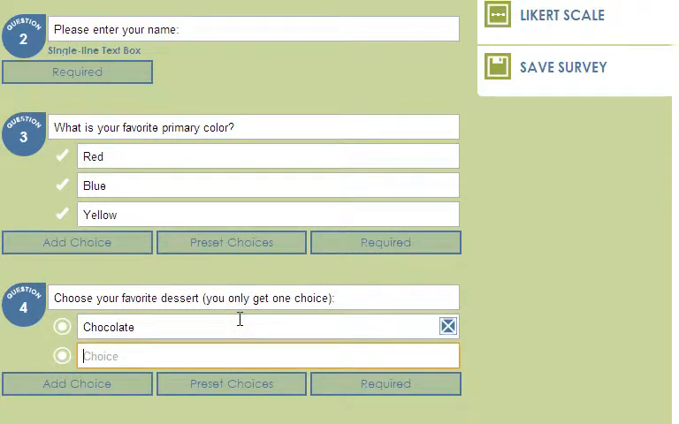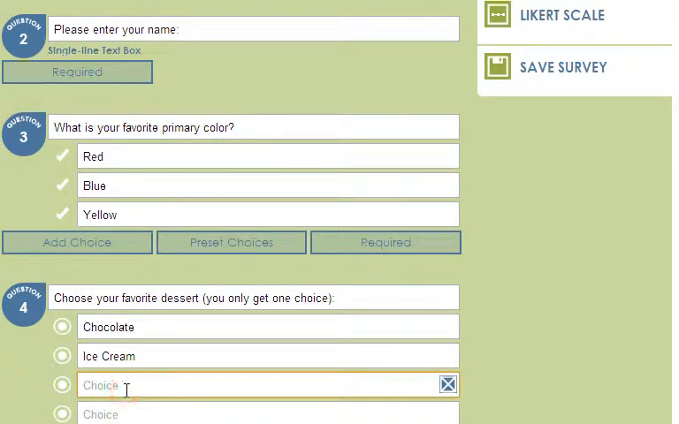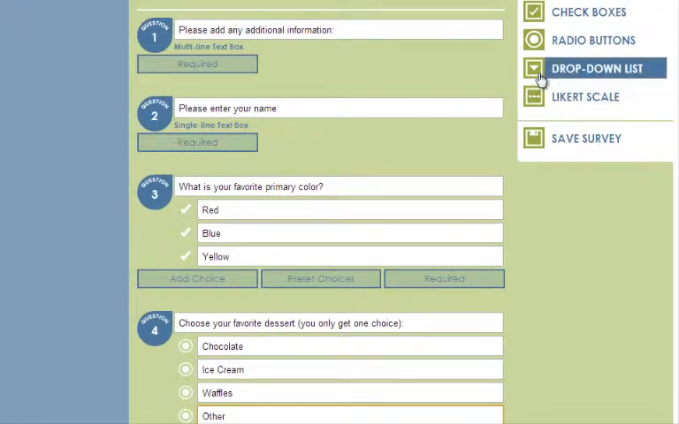As I'm filling this out, if I want to add more choices after chocolate and ice cream, I can add more choices. I can actually add more than one choice box at a time as I fill it out, and fill it out with something kind of ridiculous. Okay. Now that I've finished adding the 4 choices for this particular question, we're going to show you a drop-down